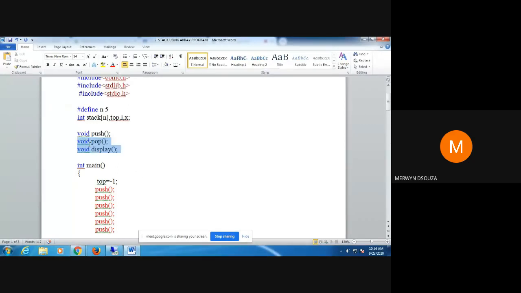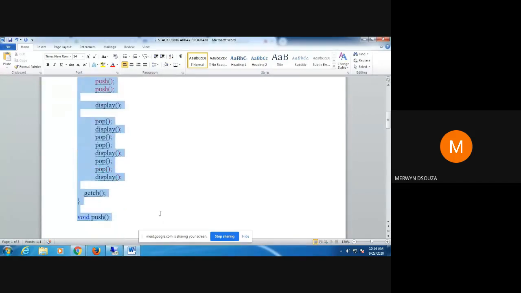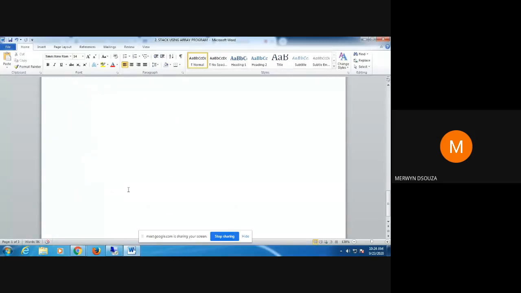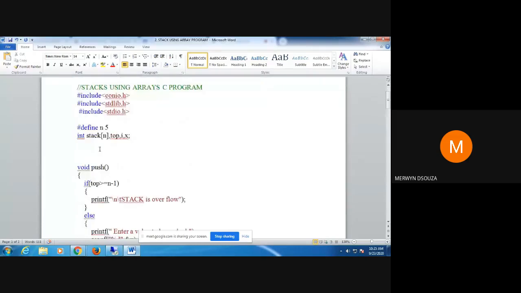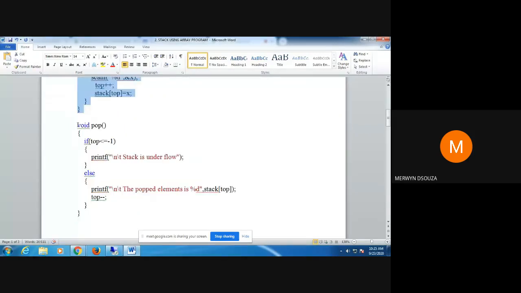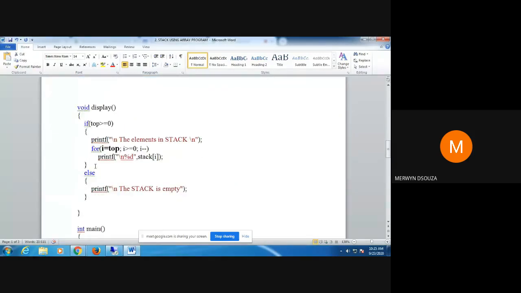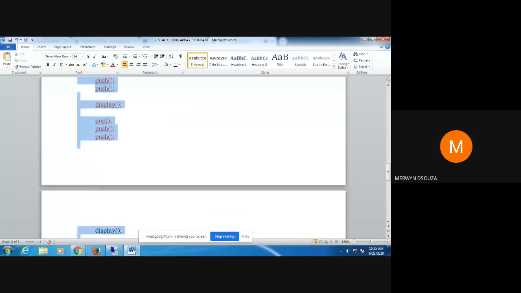The other way could have been bottom up programming, where you don't declare the function prototype. You take this entire main function and put it at the end. It will look something like this. You declare the variables. There are no function prototypes. You directly define your functions push, pop, display, and at the end call your main function.